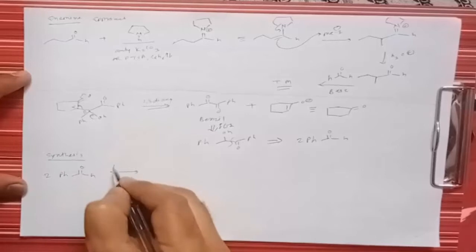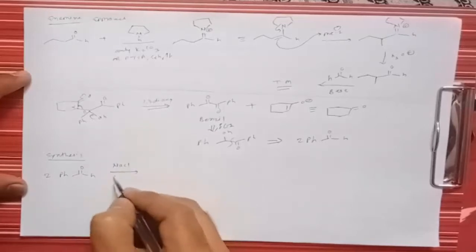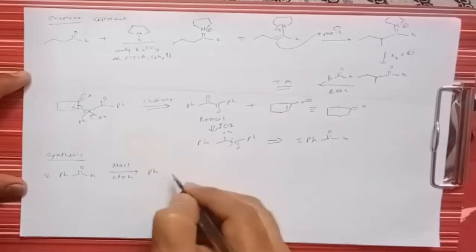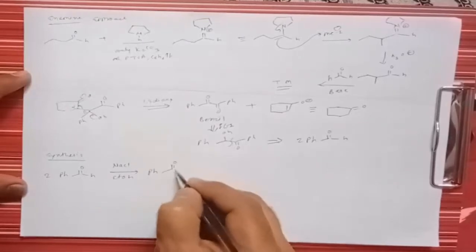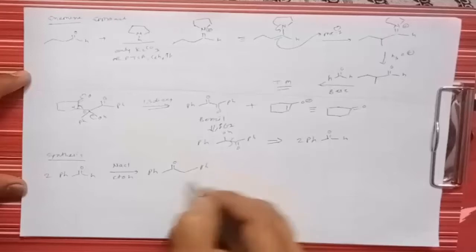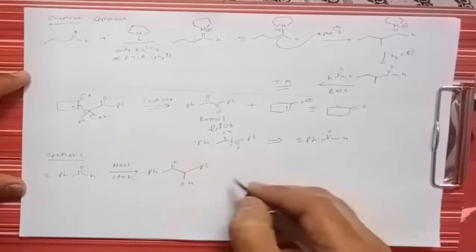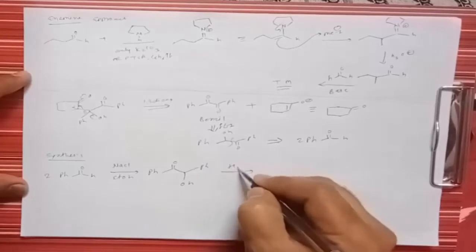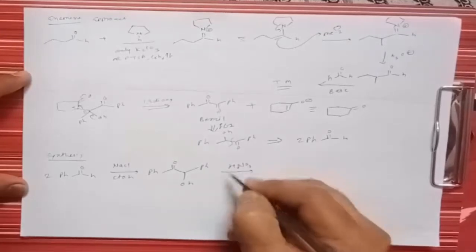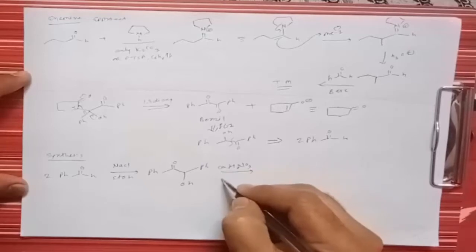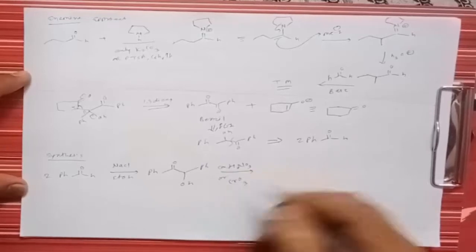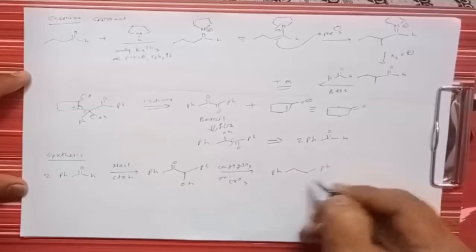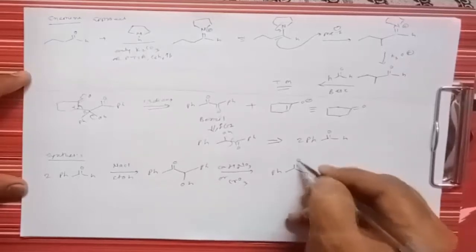Then we have to treat this molecule with sodium cyanide in the presence of ethanol. So what does it give? It gives formation of a benzoin. Now we have to oxidize this hydroxyl group by using concentrated nitric acid, HNO3, or if we treat this molecule with chromic oxide, then it gives formation of a benzil. That is, this is benzil.